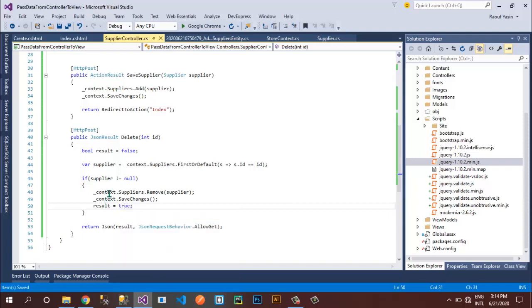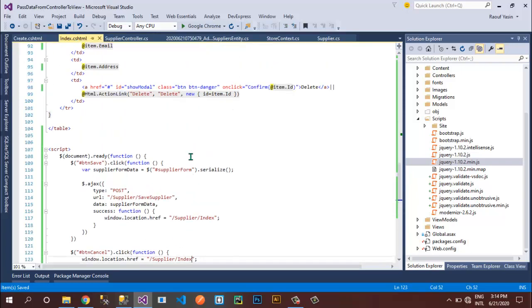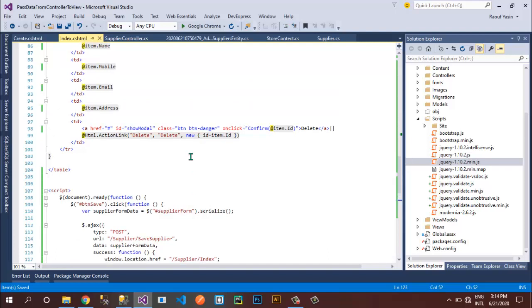So if our supplier exists, this result will become true and will be returned as true to the response of our client side. Okay, so our server side code is complete. Now it's time to go back to our client side and look at what we have done inside our client side.